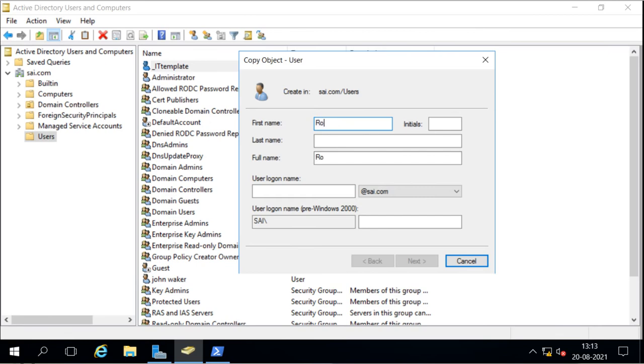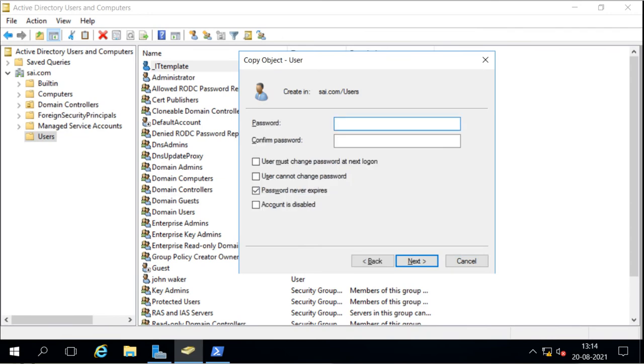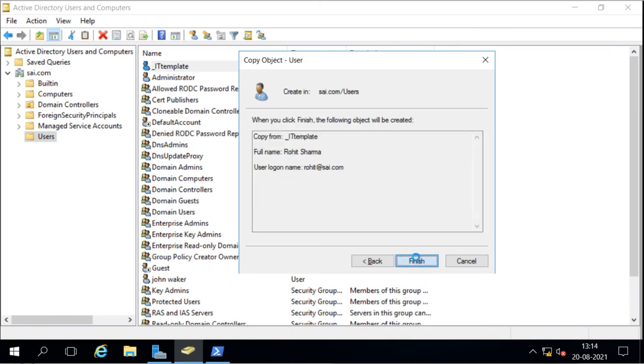I will say this is my user account, and I will give the password, and you see it is using the template's option, password never expire. We have selected this for the template, so it is also using this. I don't want that, so I will go on to select this and create it.